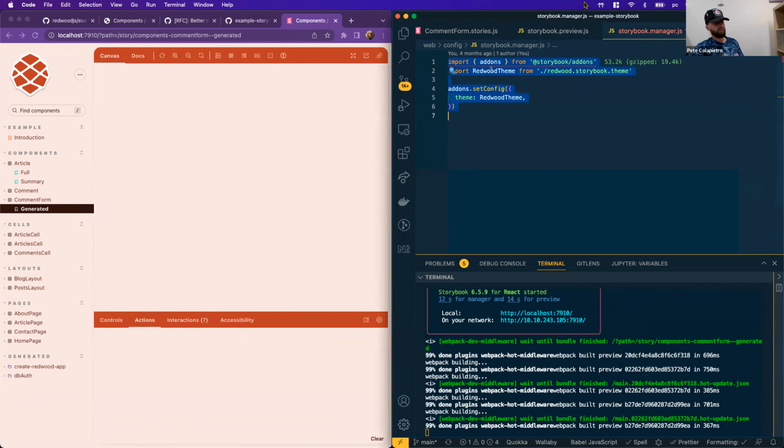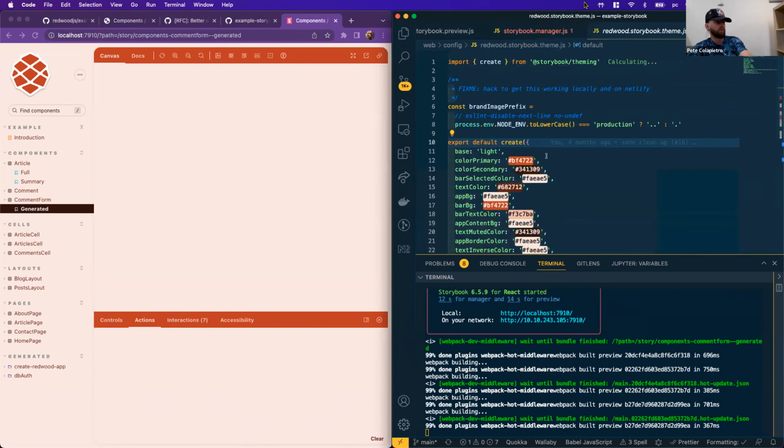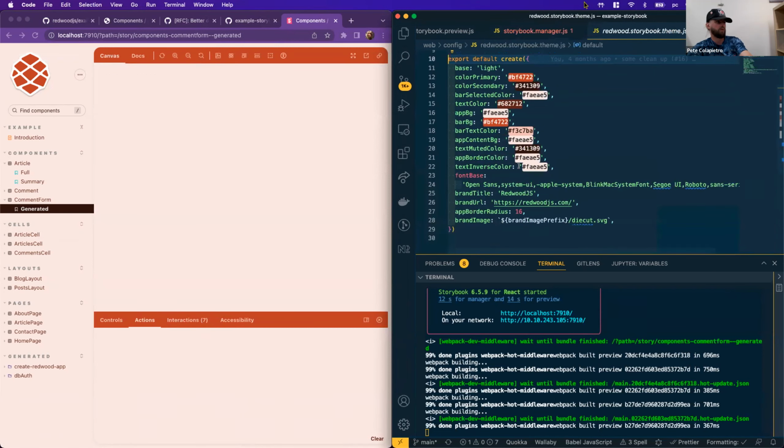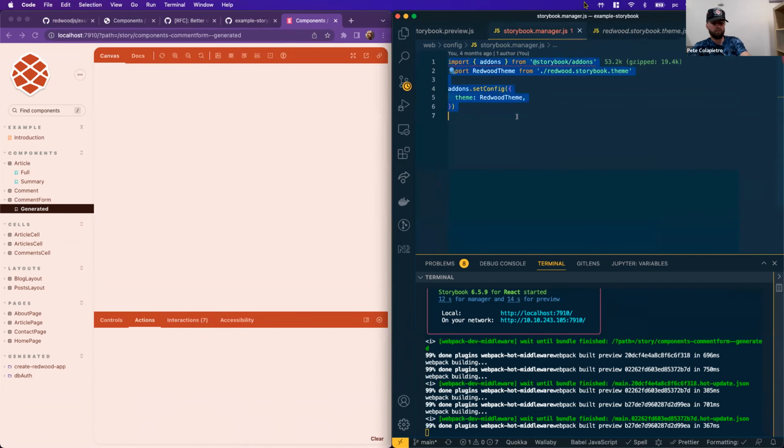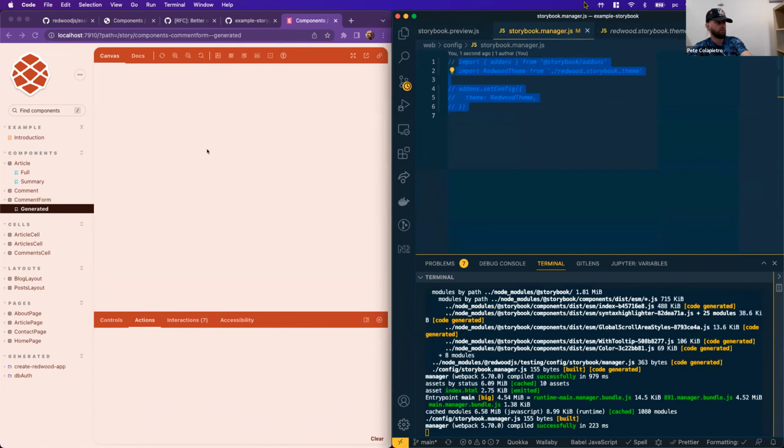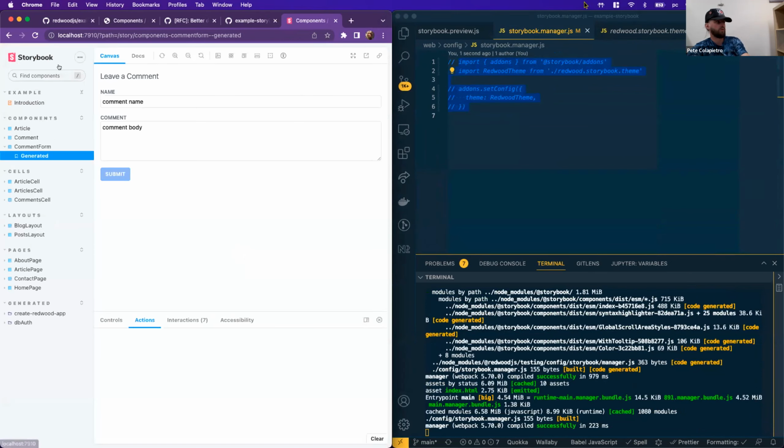And so what I've done is I've actually provided a custom Redwood theme that adds the logo and the color branding and things. But if I were to turn that off, it should default back to the regular Storybook scheme, if that works. Cool. So this is what Storybook looks like for people just